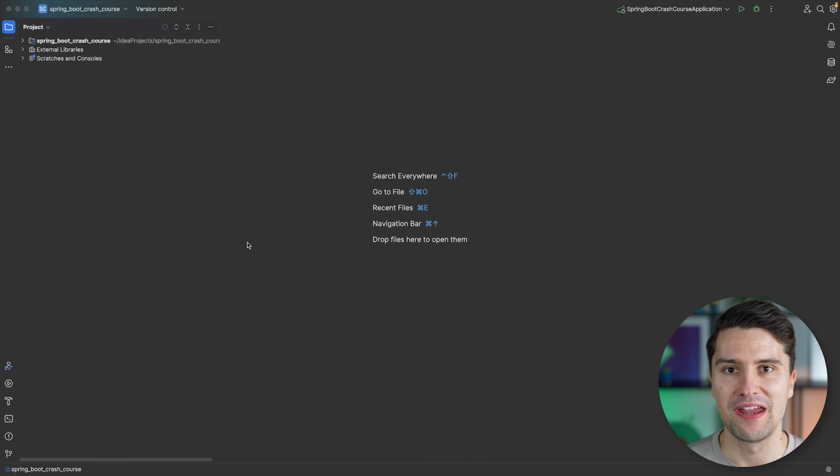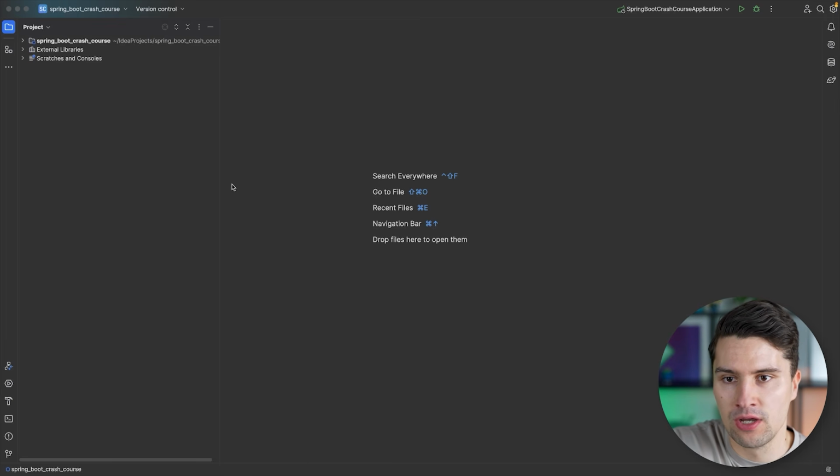So if you're launching IntelliJ for the first time, there will be just a big prominent window to open an existing project. You select the folder that you've extracted out of the zip file, and if you're already using IntelliJ, then you will know how to open a project there. There we are in IntelliJ. I've opened the project, and I would say the first thing that we can do here in order to learn